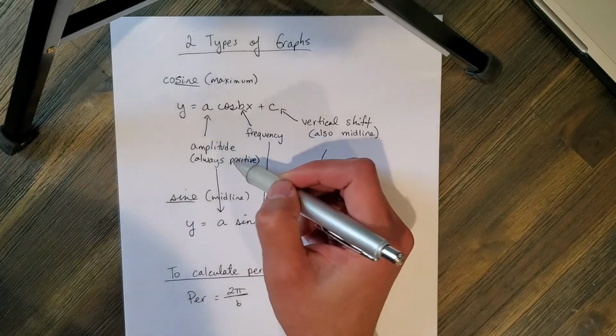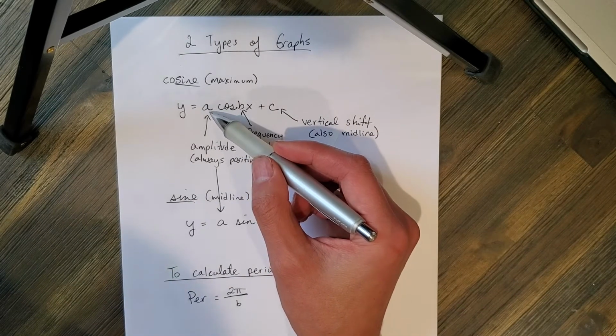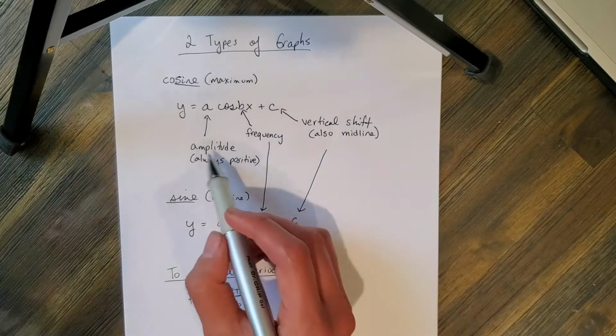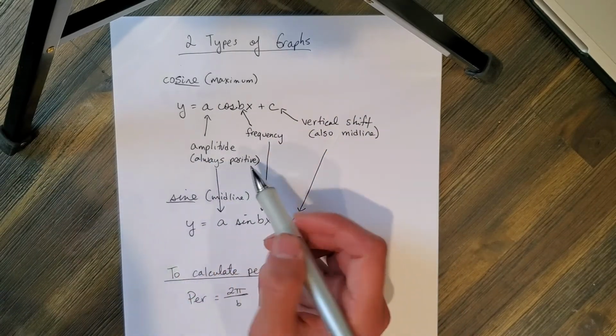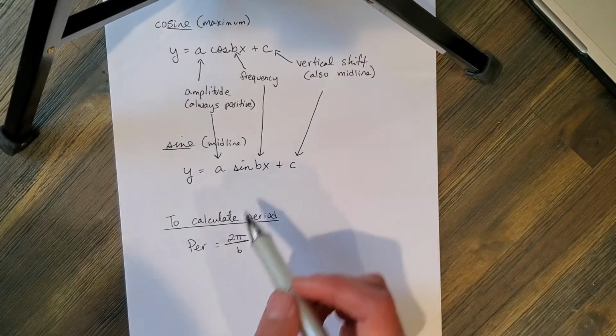So a is the amplitude. Easily, you just look at the equation and it'll tell you what the amplitude is. You don't have to calculate it. The amplitude is always positive. Keep that in mind. Now, b is the frequency, and that's what we're going to be using to calculate the